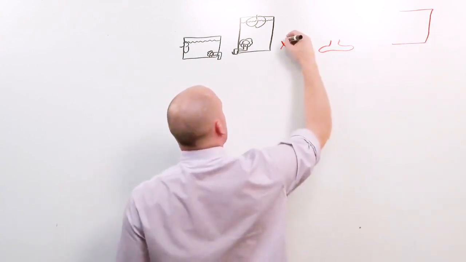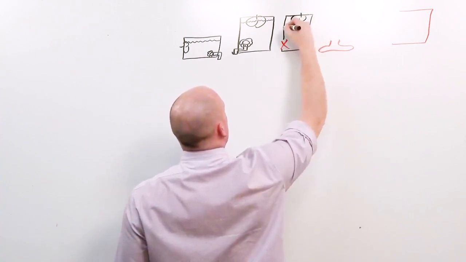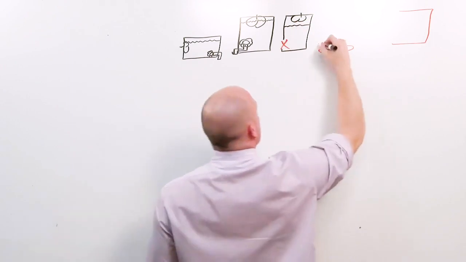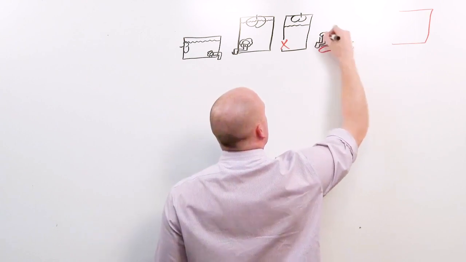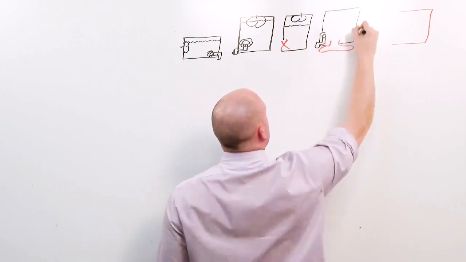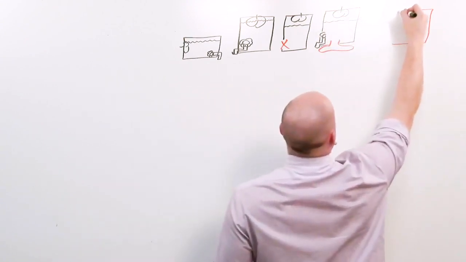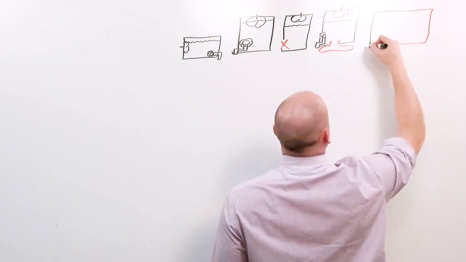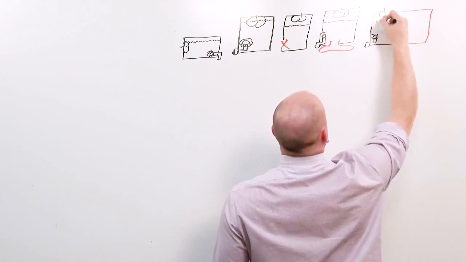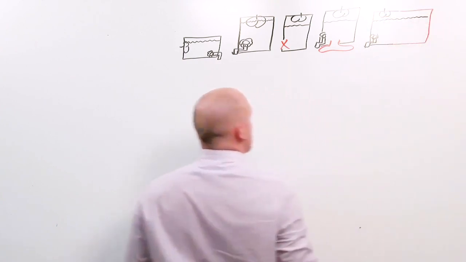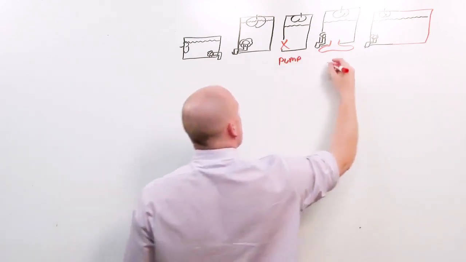Let's see what that looks like. If the pump breaks, the brain is still at the top, but the water level doesn't reach it and the person passes out. If the pump is working fine, but the tank's got a hole in it and all the fluid is falling out, that's no good. And then if the tank gets too big, even though there was enough fluid in the tank, now there isn't. I want you to see this as pump, fluid,